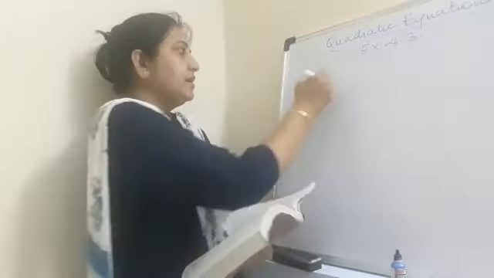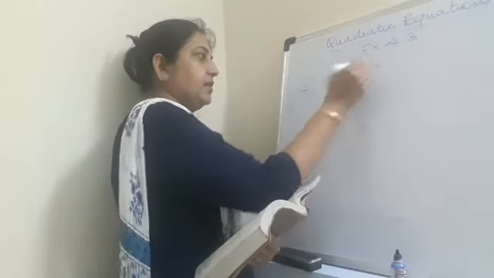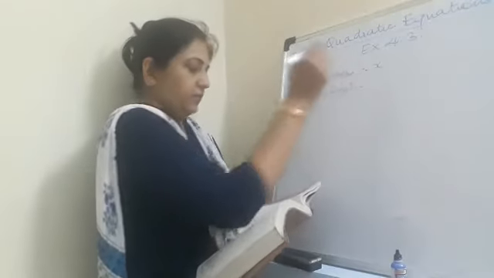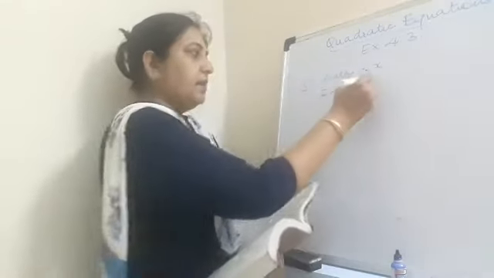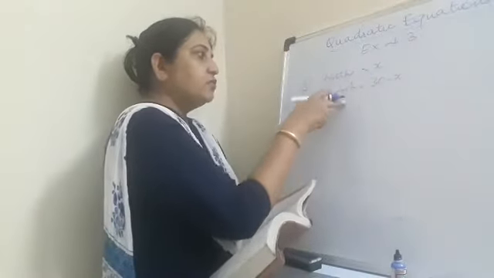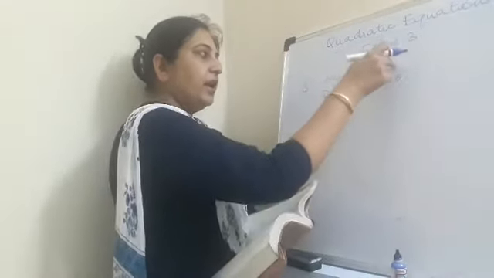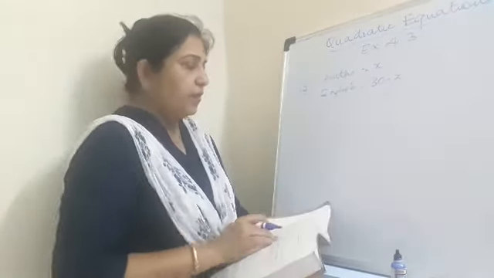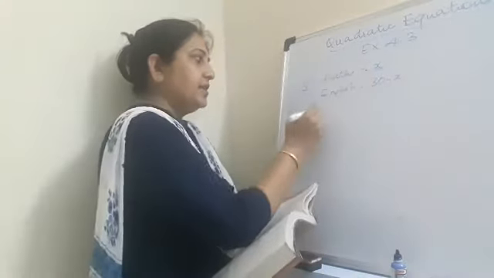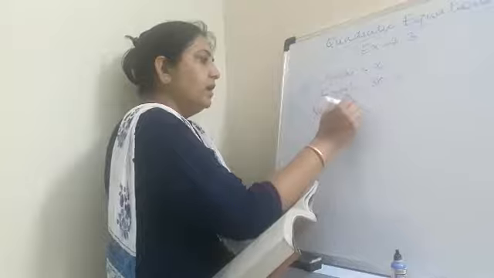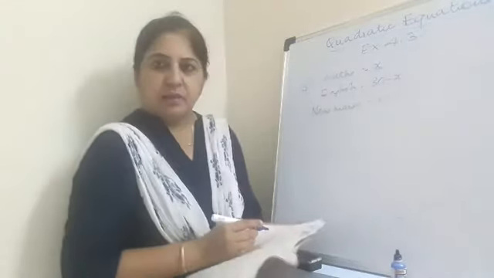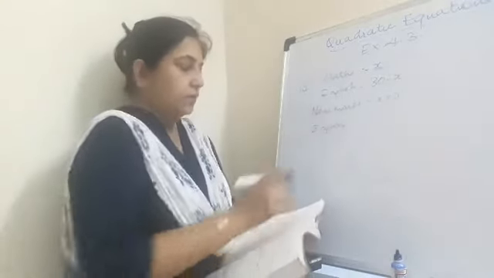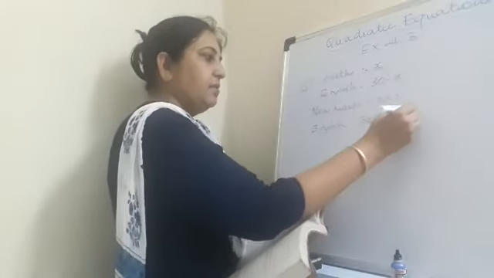I'll take Shefali's marks in maths as x. This is Shefali's marks in maths. Now her English marks will be 30 minus x, because the sum of these two subjects' marks is equal to 30. One I know, one I don't know, so I will subtract, right? Then if she would have got more marks in mathematics, how many more marks? If I take the new marks to be x plus 2, this is the mathematics marks, and in English she would have got how much? 3 marks less. That is minus 3.